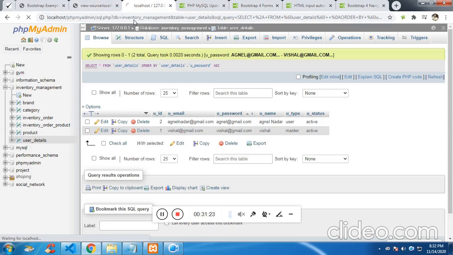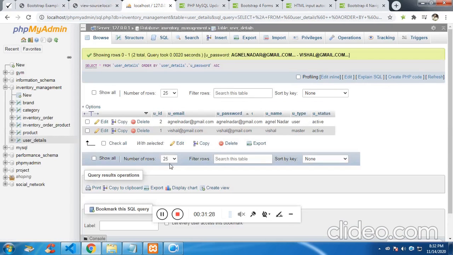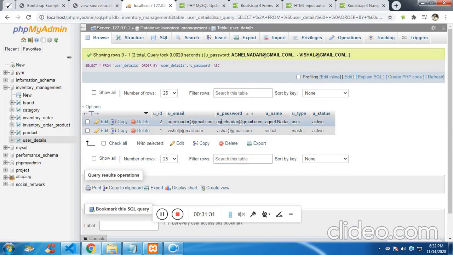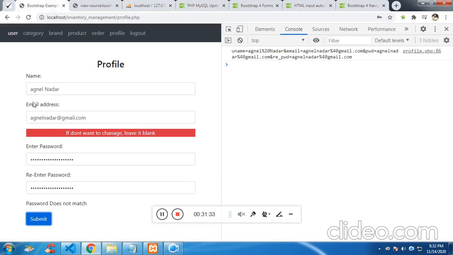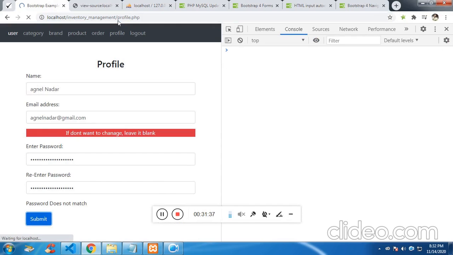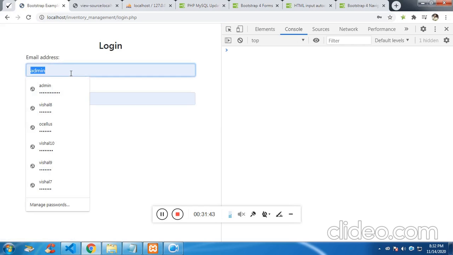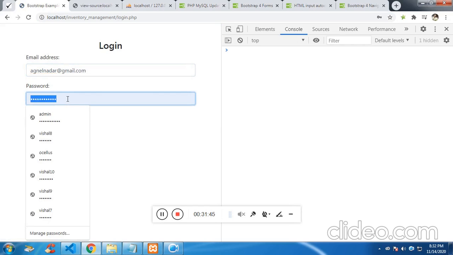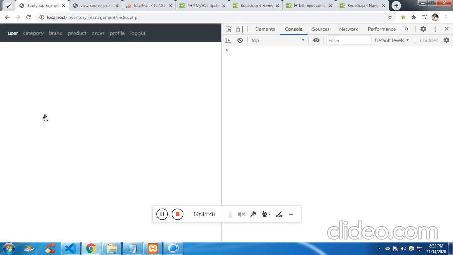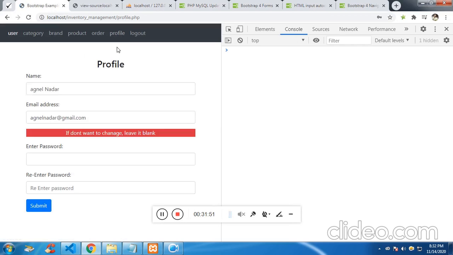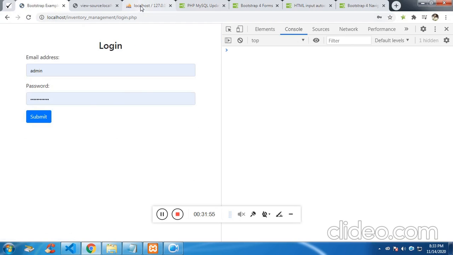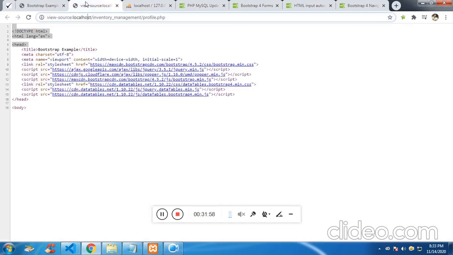Now if I see previously at gmail.com, gmail.com password. Now it is Agnalnadar and Agnalnadar. Now you can see the username, the profile page is properly edited. Now if I click on logout and if I log in with the name agnalnadar@gmail.com, it will have. And if I click on profile Agnalnadar, fine. If I click on logout and if I try with this guy Vishal, again